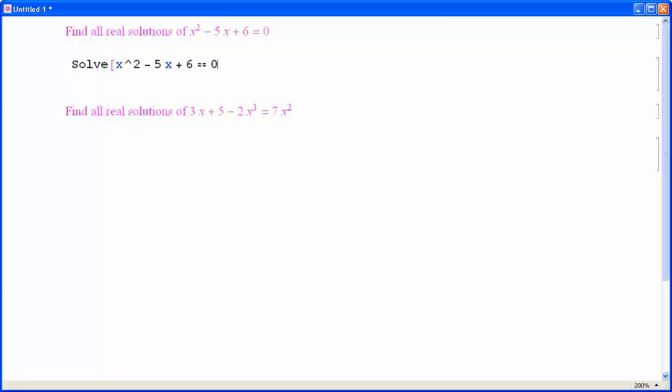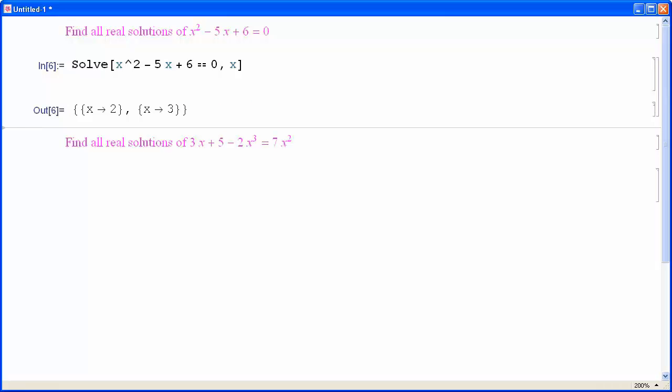Very often we have to tell Mathematica which variable we want the solution of, and in this case it's obvious that it has to be x because that's the only one, but as I said, in other situations it can be ambiguous, so it's politer to always tell Mathematica which variable we wish to find the solution of. So in this case that's x, so I put a comma and an x. Notice x changes colour slightly. So now I've entered the equation, I close the bracket and execute the command, and we can see the solutions